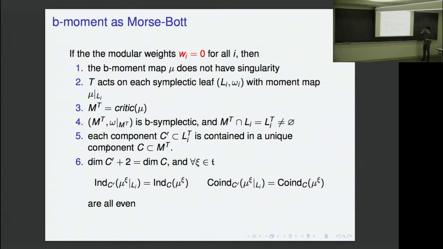So the dimensions will differ by 2, and then they will have the same indices, the same co-indices, and all of these indices, co-indices are even. And this is the reason why the